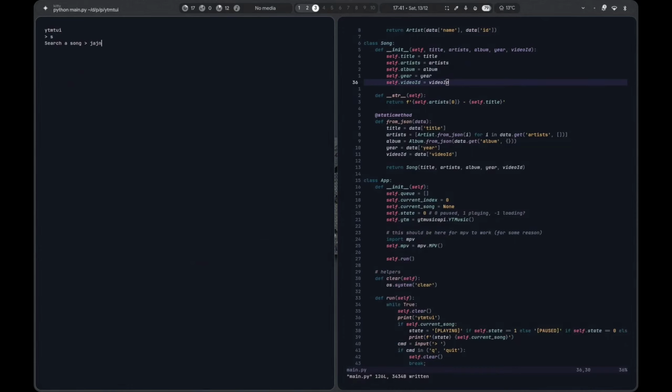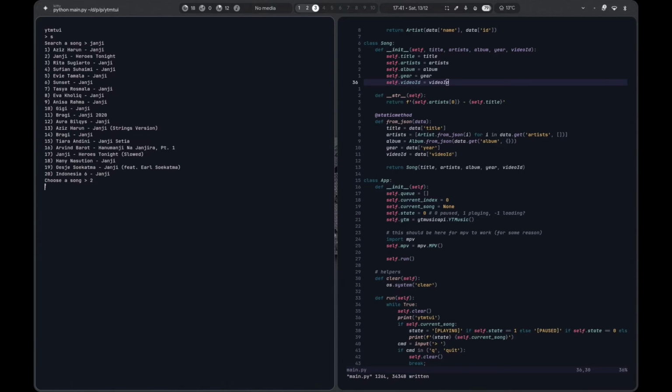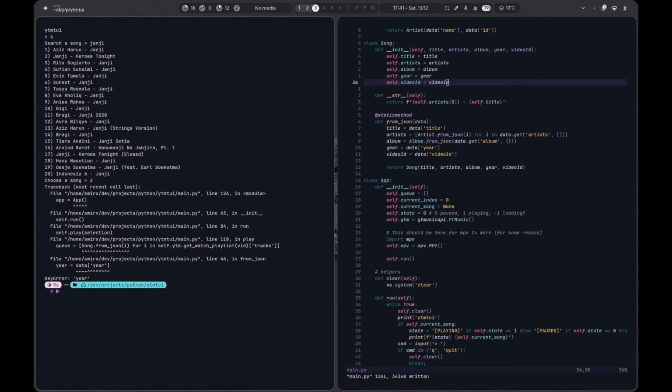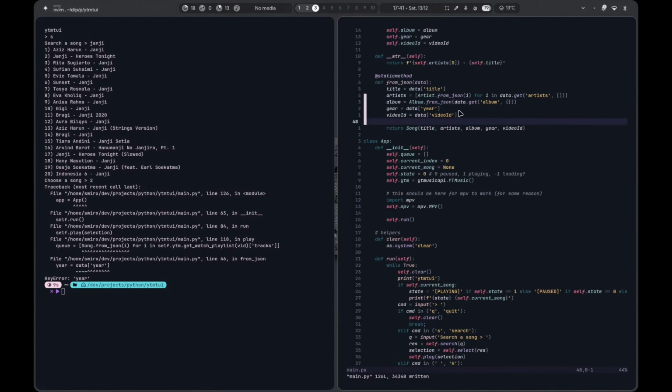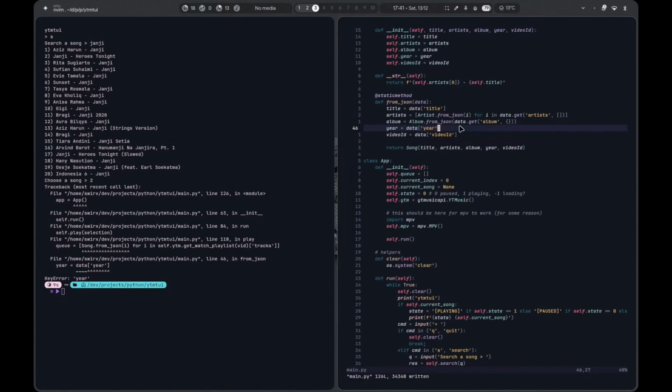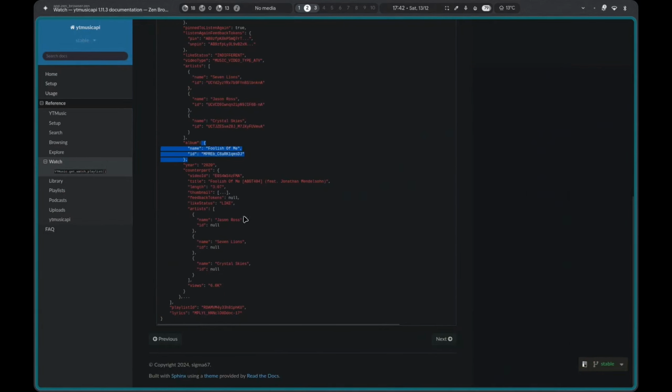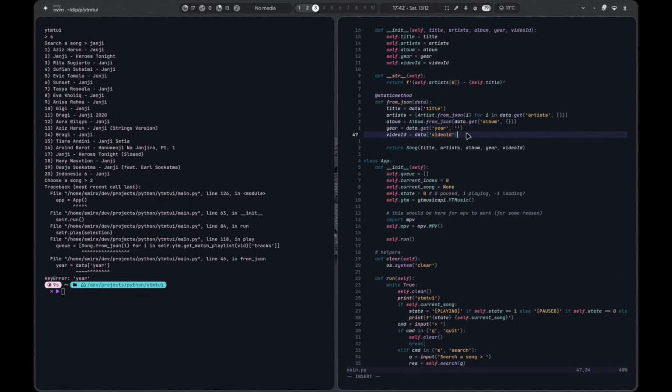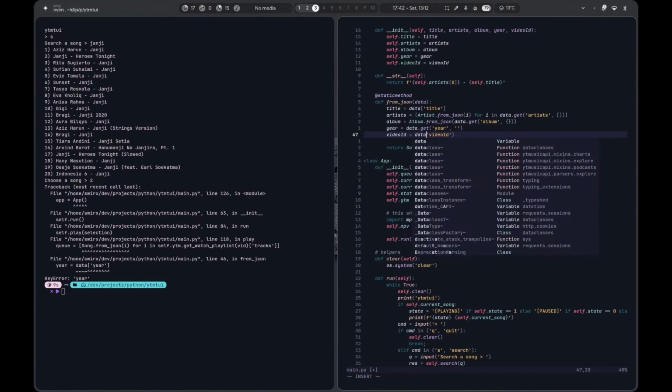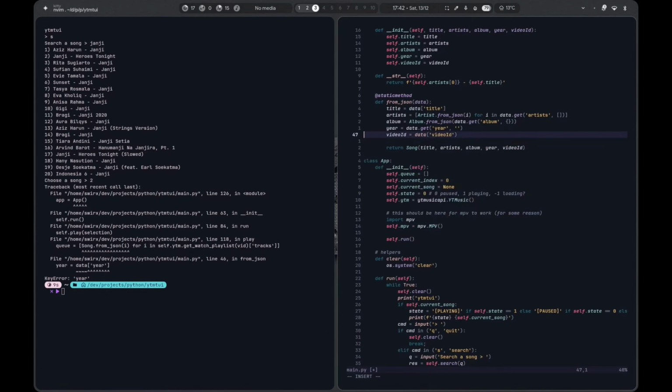Search John G. Second song. Not nice. I think we should do this for all. So dots. I don't know if it's string or an integer. String, okay. Video ID, it should always be available. I don't know, so